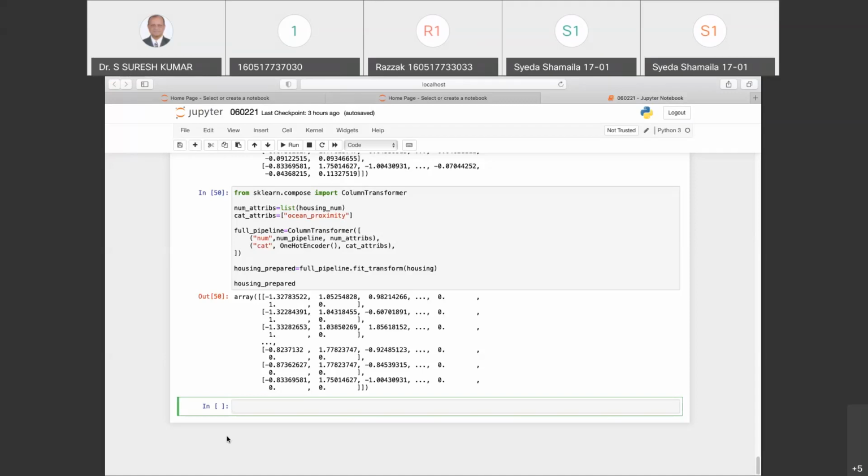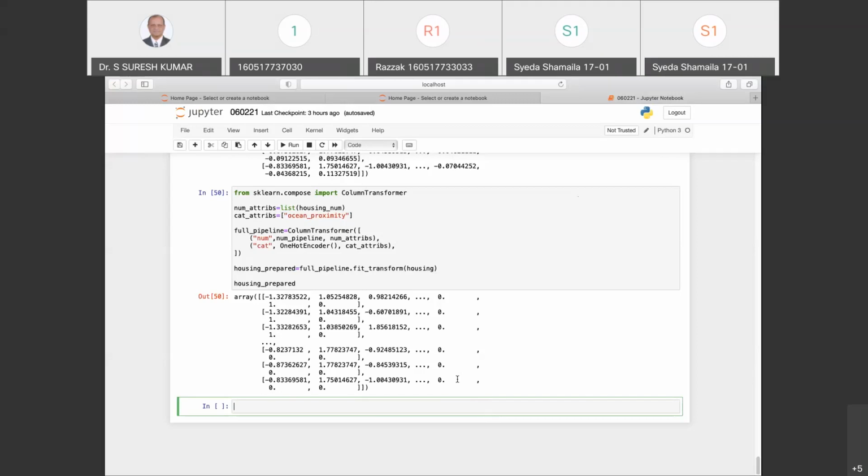Great. Although I feel it's a trouble for me, I feel at least the amount of interest these guys are showing is phenomenal. That is what is required. See a good example: in today's session, not more than 6 or 7 of you are present. For me, it makes no difference. For me, it's just completing the syllabus, and I want to be justified in completing it. We will do it the proper way without skipping anything. Whether 6 or 7 or 60 of you or even one person is present, we will complete it.